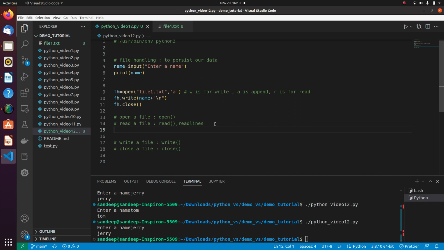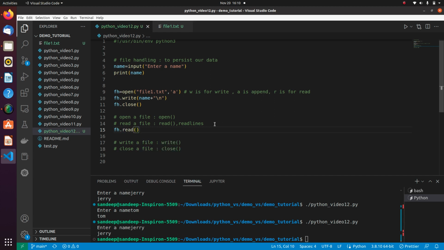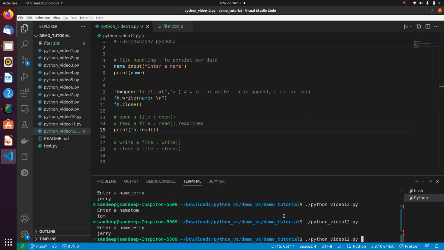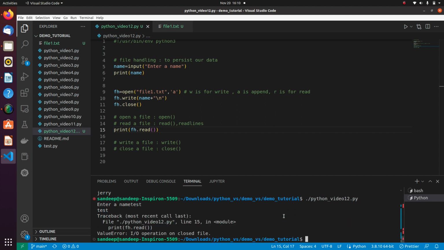To do so, we will use the existing file handle and say fh.read, and this fh.read will read the content of the file, return a single string to me, and print it on the screen. So let me show you if it is possible to use fh, the file handle which we have attached to this file. Let me say test, and here you can see what I was talking about: once you have closed the handle on line number 11, you cannot reuse the same handle, and it will say I/O operation on closed file. So what I will do is open a new file handle,